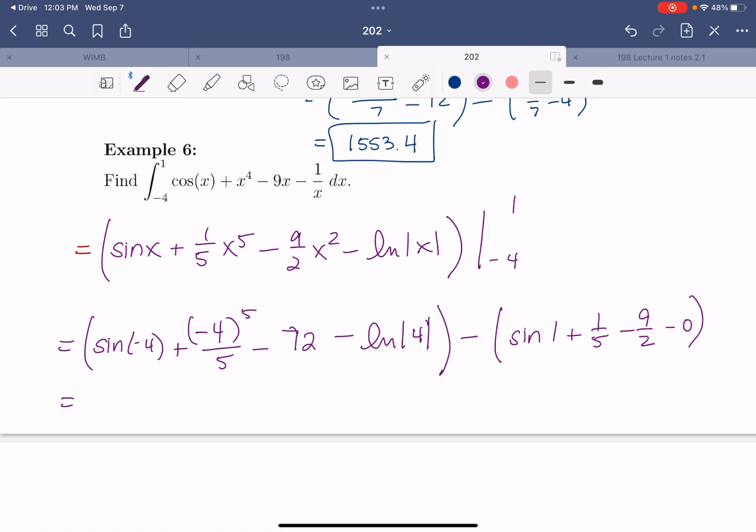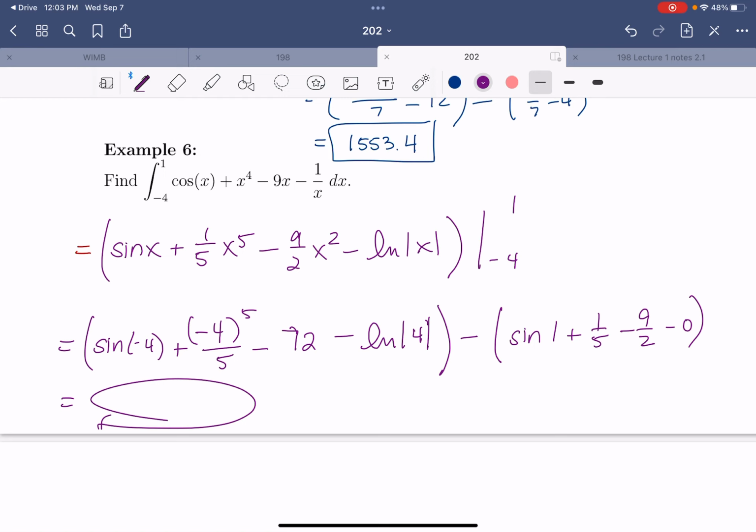You can put that in the calculator and get a value, and that's what your answer is going to be. I can do that too real quick, so let's see what we get. Make sure, by the way, that your calculator is in radians. So the sine of -4 minus 4 to the 5th over 5 minus 72 minus the natural log of 4